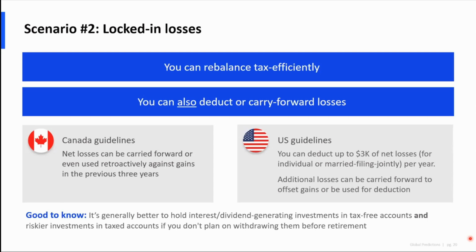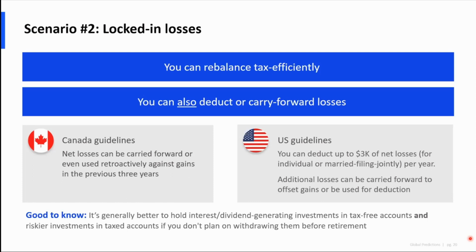In the US, there's something that's maybe even nicer, which is that you can deduct up to $3,000 of net losses. If you have more losses than gains, those are net losses. And by the way, there are different categorizations, but that's for individuals or married filing jointly. That gets deducted out of your ordinary taxable income. So for instance, if you were paying a 33% effective tax rate, just to make the math easier, and you were able to max out this deduction, you'd save $1,000 just by having $3,000 of losses this year. And in both countries, you can also carry these forward indefinitely.